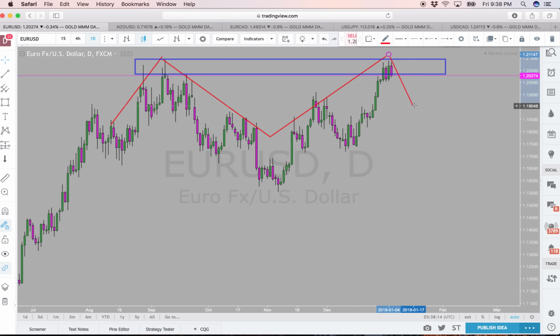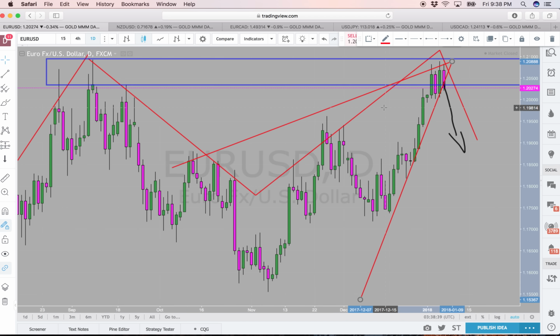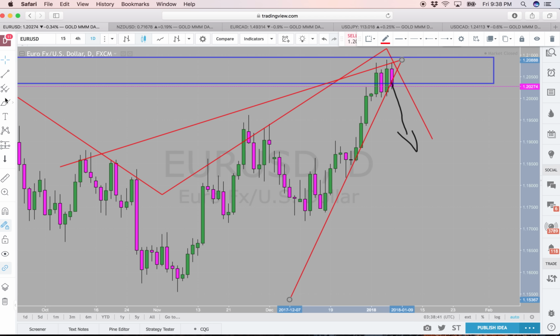Now, we may see Euro USD come back off of this high, which it looks like it's going to do, and come down, but we also have a wedge formation here which may actually break out to the upside. But if the next daily candlestick actually comes down and shifts the zone, I would say below